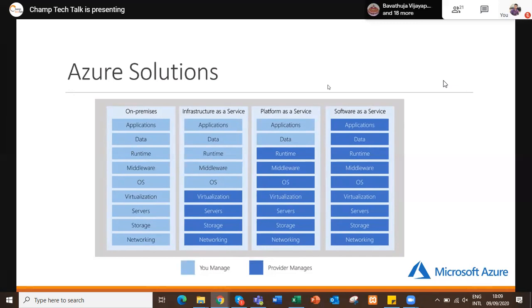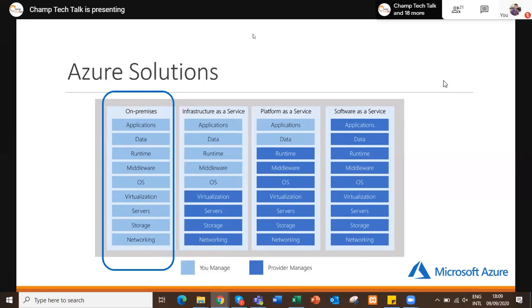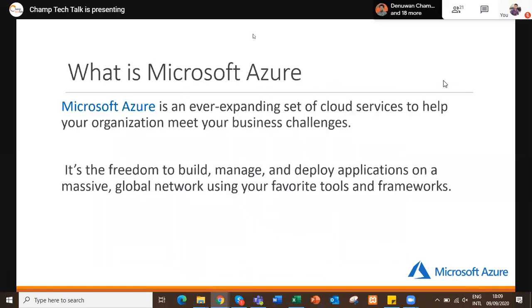So that's it. So let's go to the Microsoft Azure Portal. Since this session is an introduction to Microsoft Azure, which is a solution provided by Microsoft, I'm coming back to this particular site.